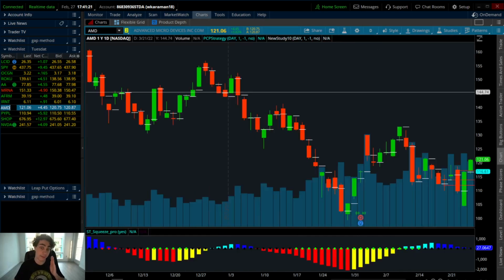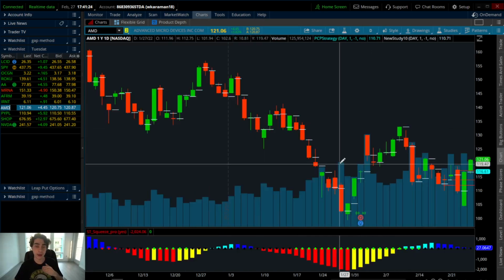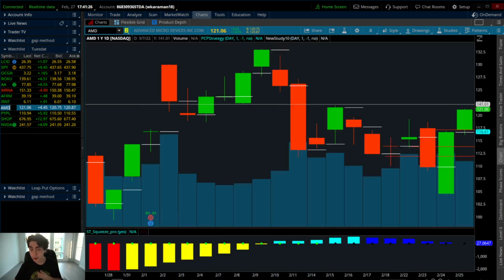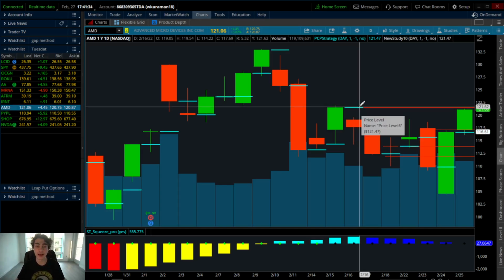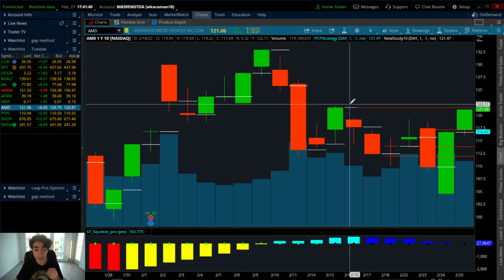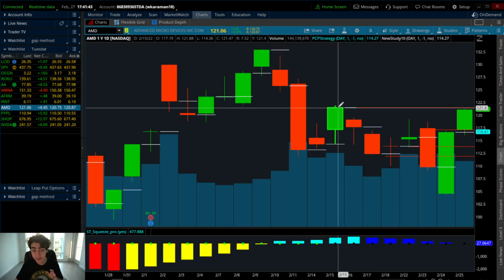AMD is looking very, very bullish, following the SPY here very strongly. With this one, we are on track to fill the gap at $121.47. This is going to be your key level. If you see this stock turn 121.62, the high of this candle right here and the previous closing price right here, if you see this react